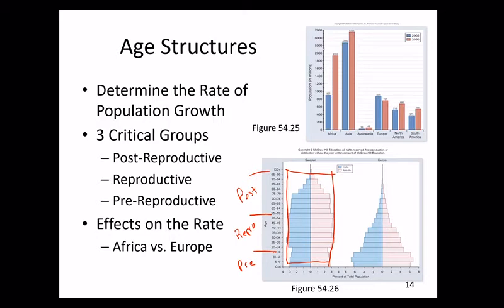This would be representative of a stable population, a population that's not expected to increase dramatically over the next 20 years or so. Whereas Kenya, African country, we see this triangle shape. That tells us that there's a larger number of individuals in the reproductive age, which means as they move forward, there's going to be more in the reproductive age in the next 20 years, which means more individuals born,